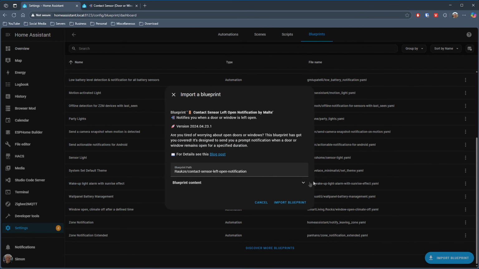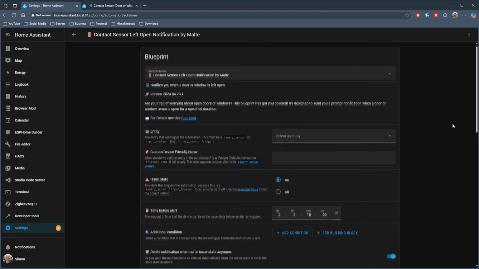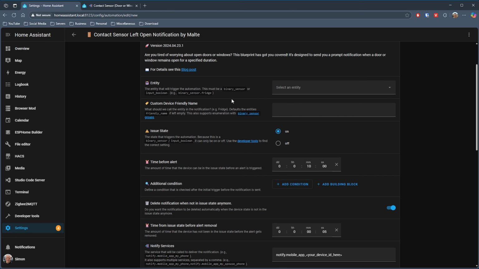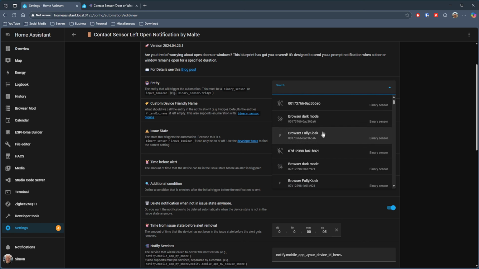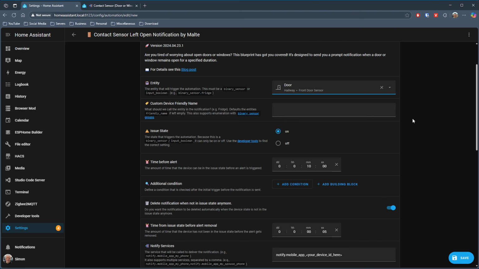If I just import it into Home Assistant, you'll see I've got plenty of options to configure this, starting with the entity that triggers the notification. That could be the front door contact sensor, for example, and then you've got the state that will trigger it, that is, the door being open. I can then customize the time that must pass for the door